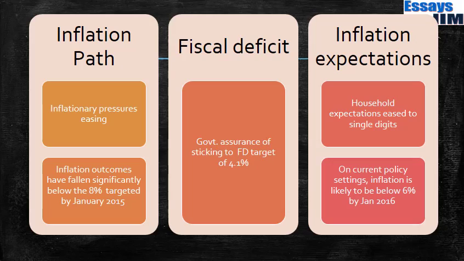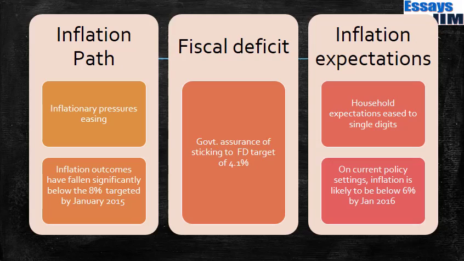Similarly, there's another theory in economics which says that inflations are affected by the inflationary expectations that economic agents hold. Because whatever expectations you hold, you will act in the same manner. This is not exactly a very proper example, but just to give you an example. Let us say I expect the prices to rise tomorrow. So I am a seller. What I will do is hoard. So I will not sell today. So effectively, even if the prices were not going to rise, if everybody starts hoarding, the prices will rise. So there are various reasons, but if there are higher inflationary expectations in the economy, the economic agents behave in a manner which will lead to higher inflation.